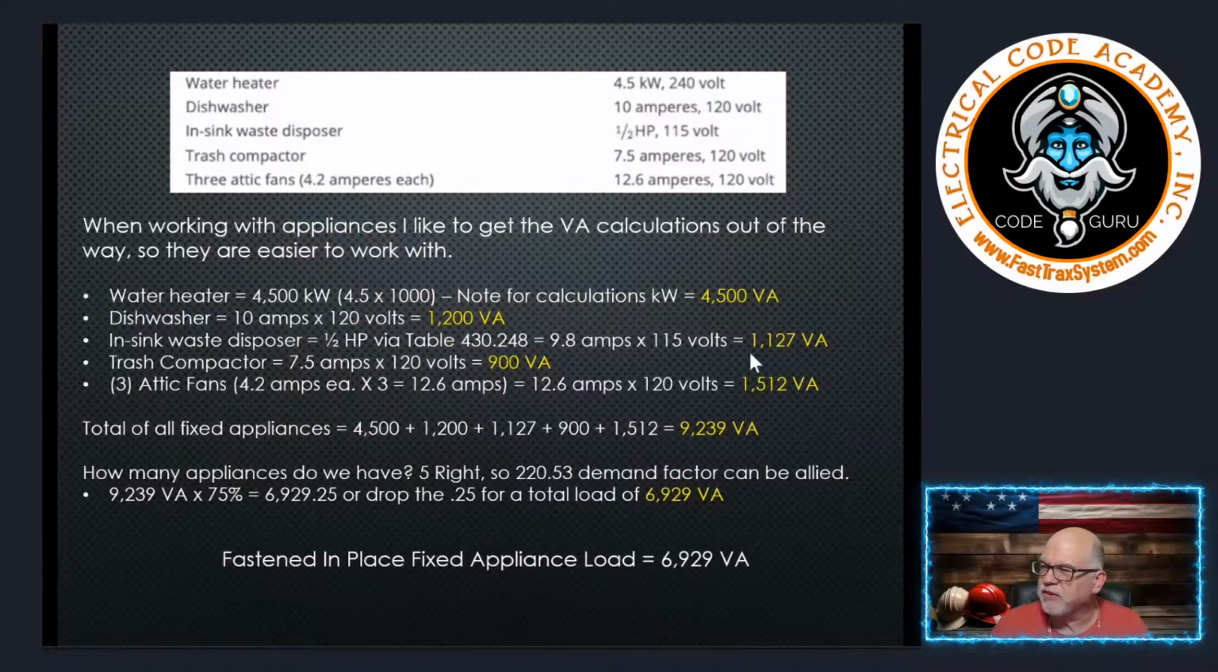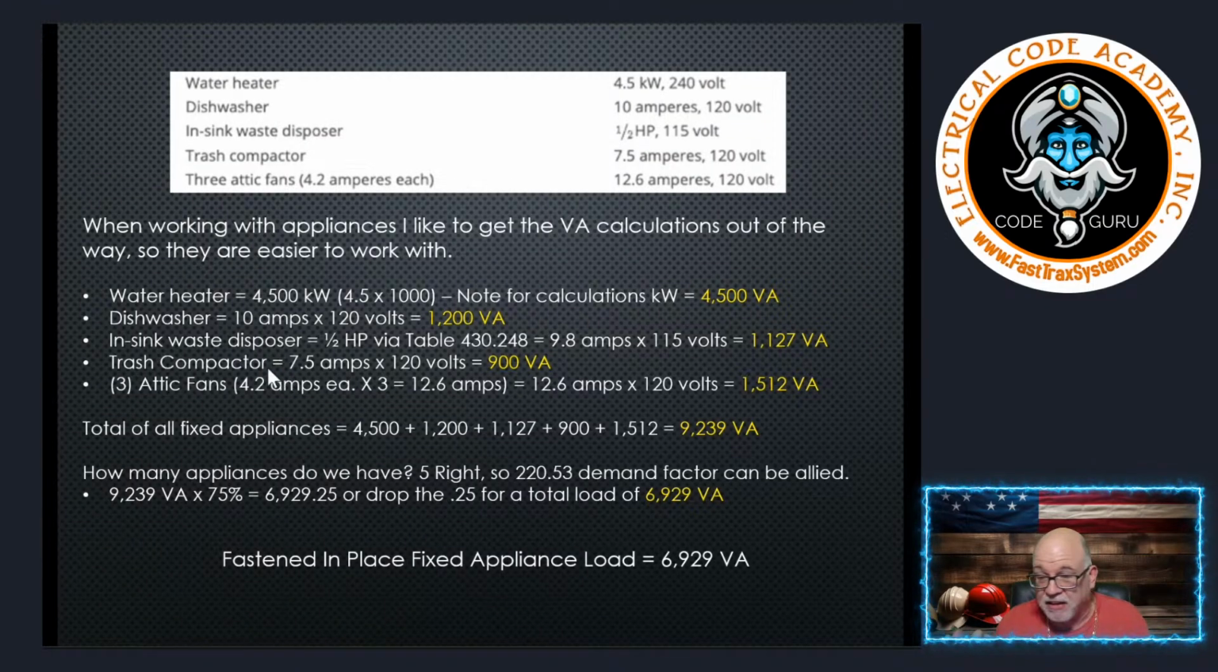All right, so we see that it's 9.8 amperes, and we're going to be multiplying it by 115, because it says it was 115. So we're going to use the 115. In our case, just double checking their math, 9.8 times 115 is 1,127, and that's what we're going to use. So the next one's a trash compactor,